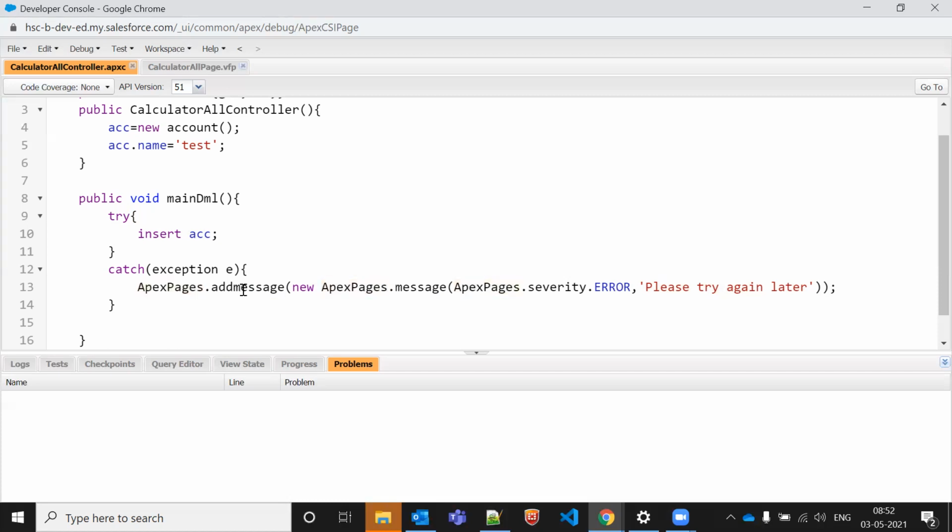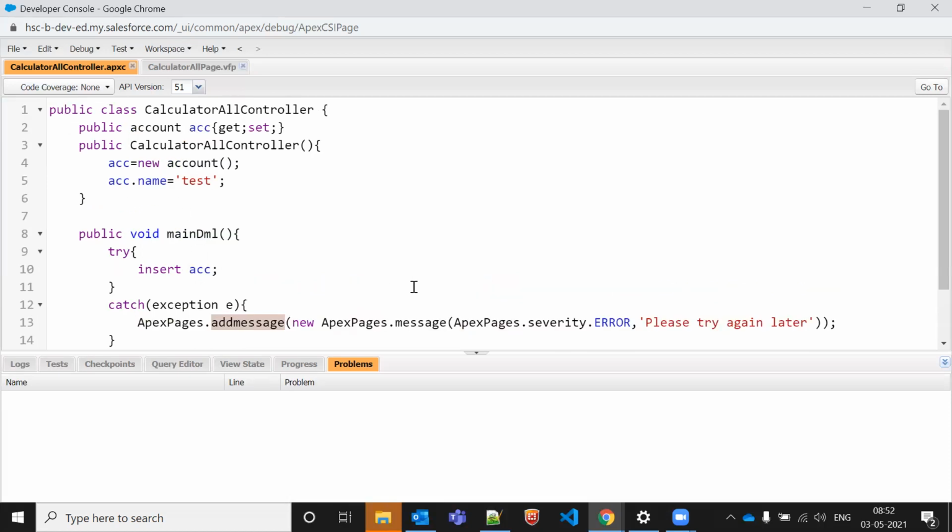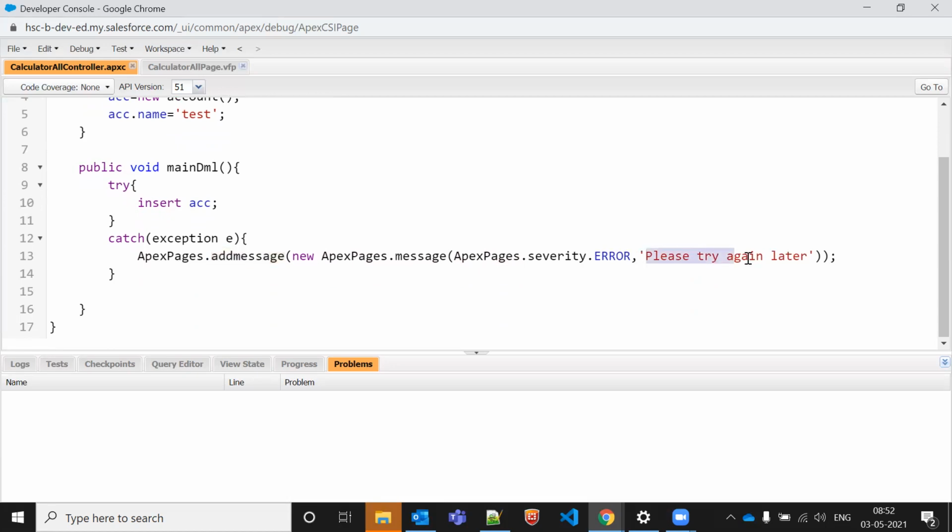Let's say you have done the 100 classes and you hard coded this. Please try again later is a hard code, right? Now you deploy to production. After some time, maybe after 1 month, while some POC or testing work is going on, there is an observation from the client side.